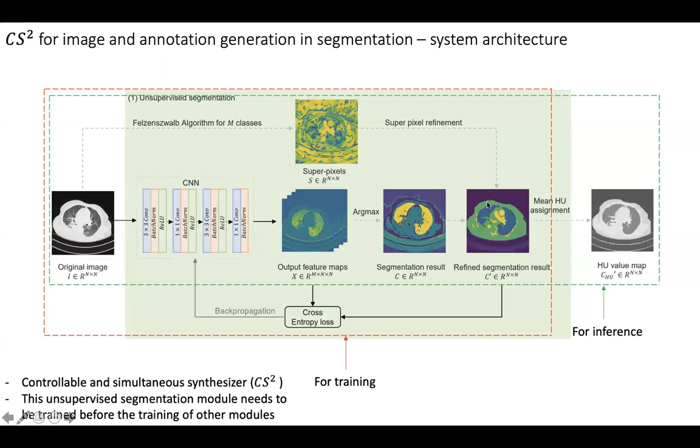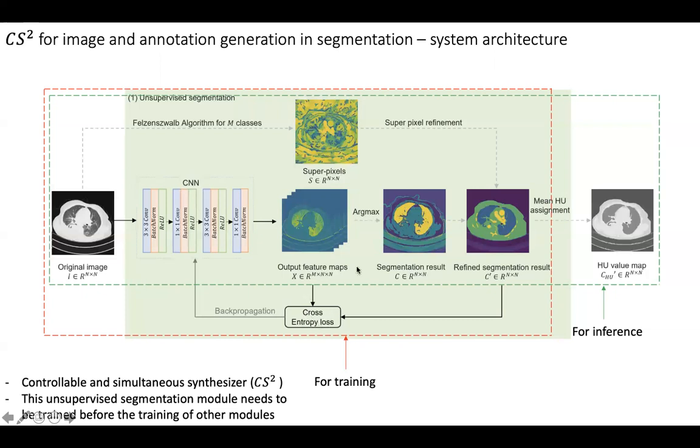This refined segmentation result can be treated as the ground truth, and we will use this refined segmentation mask with the output feature map to get a cross entropy loss,